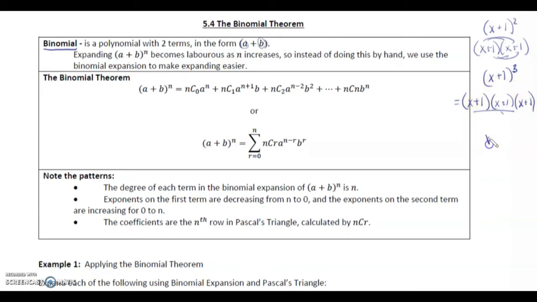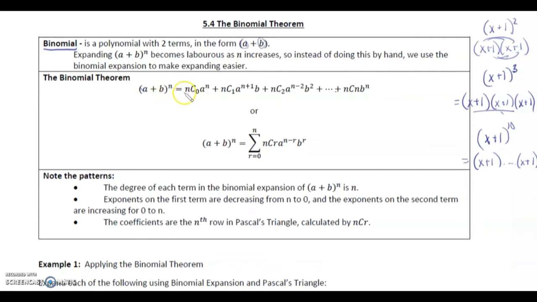You can only imagine that as n increases, say this is 10, and we're multiplying x plus 1 by itself 10 times, it's going to be very, very tedious and take a long time. So instead, we use the binomial theorem, and we can just use patterning for each one of the terms. I'm going to go over this. So if we had a plus b to the exponent n,